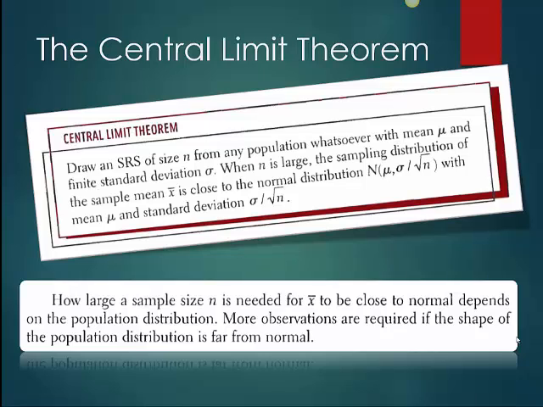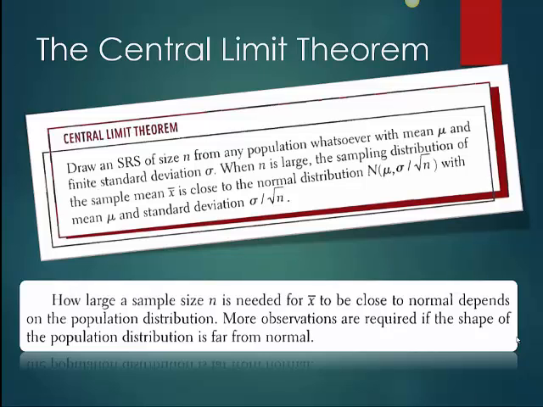Remember, in proportions, we had to do np is greater than or equal to 10, and n times 1 minus p is greater than or equal to 10. Well, in means, we don't have the proportions. We don't have that p, so you're not going to use np is greater than or equal to 10 for means. What we do use, in order for us to be able to assume something is normal, is this called the central limit theorem. It's a little ambiguous,